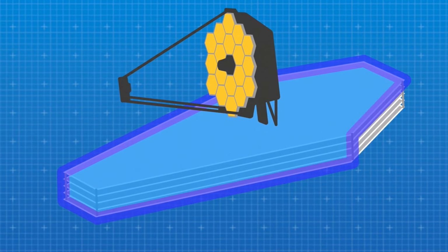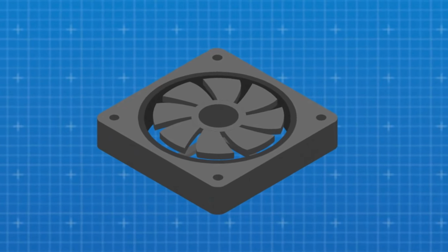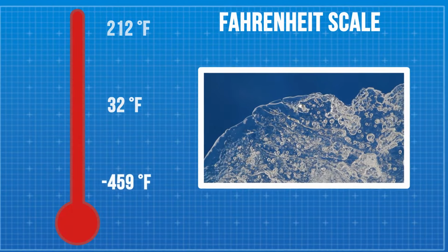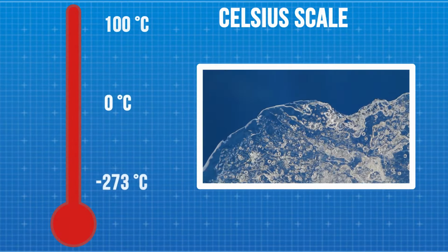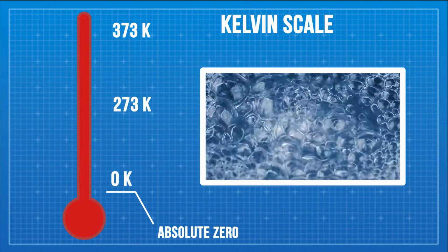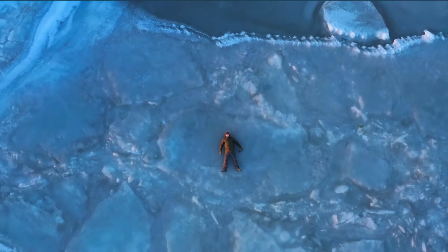The purpose of the sun shield is to help the JWST stay cold. The colder the better. And colder is what the cryocooler is for. Temperature can be measured three different ways: in degrees Fahrenheit, where water freezes at 32 degrees and boils at 212; in degrees Celsius, where water freezes at 0 degrees and boils at 100 degrees. But neither of these thermometers has a starting point. So, Lord Kelvin, in the 19th century, devised a third temperature scale, the Kelvin scale, which starts at absolute 0,